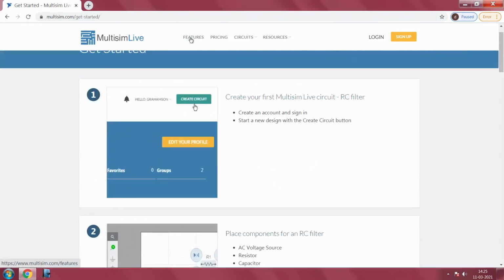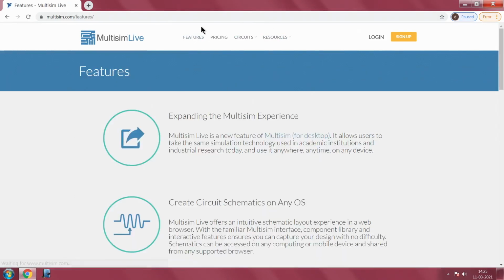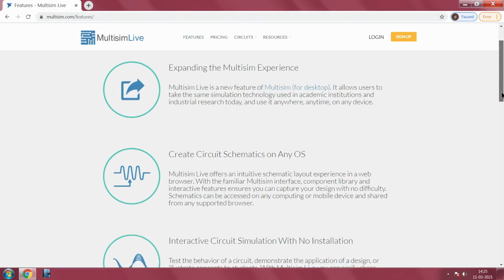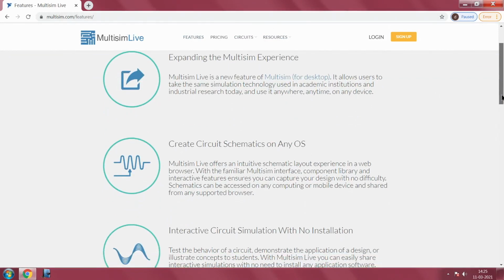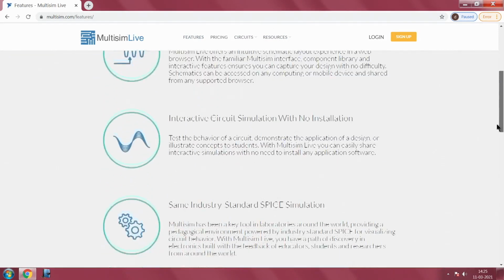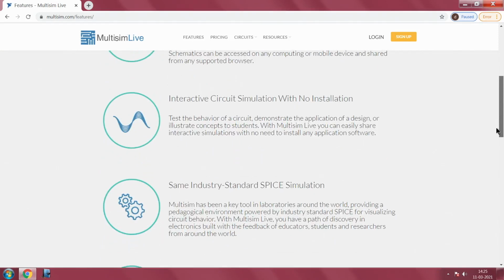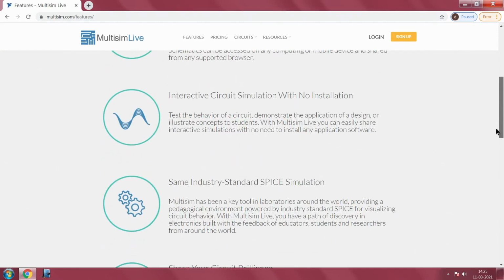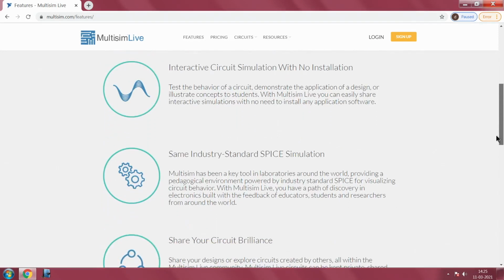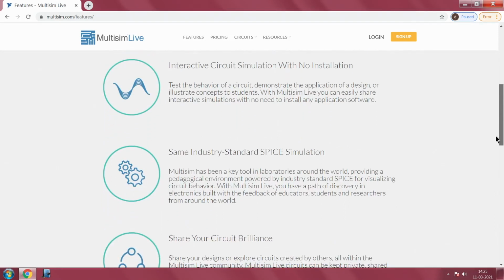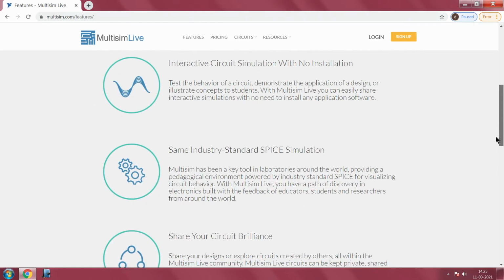So furthermore, about working with Multisim, you can refer to the Multisim website. There is so much data available on the internet to understand how to use this interactive simulation software. One advantage is you don't require any installation file to work with this simulation software. Anywhere, any place, if you have internet availability, you can just log in to your account, then you can start